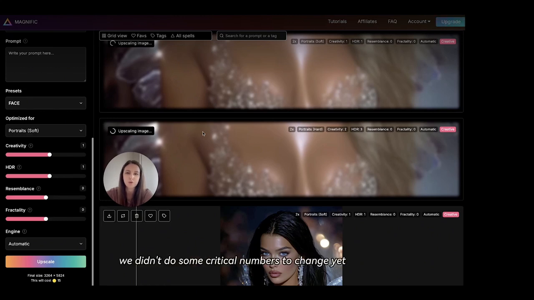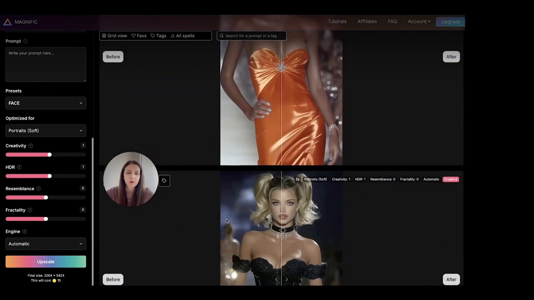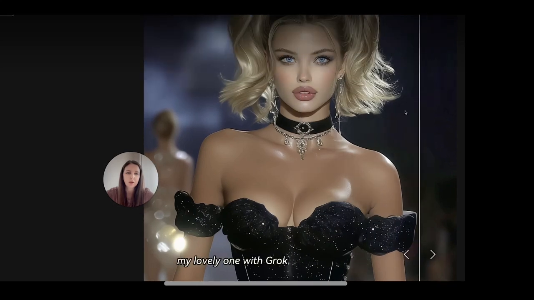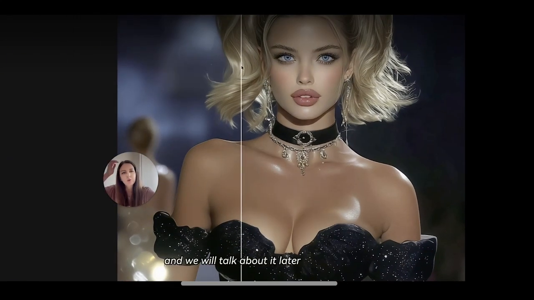I mean, we didn't change any critical numbers, yet it always works pretty much differently. So here I upscaled my lovely one with Grok, and we will talk about it later because